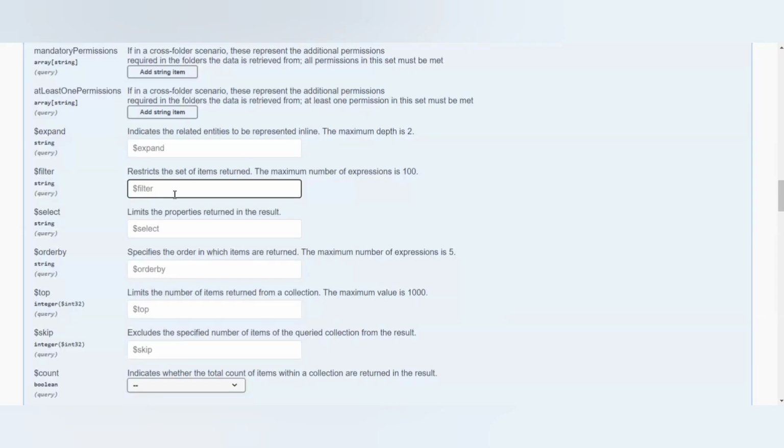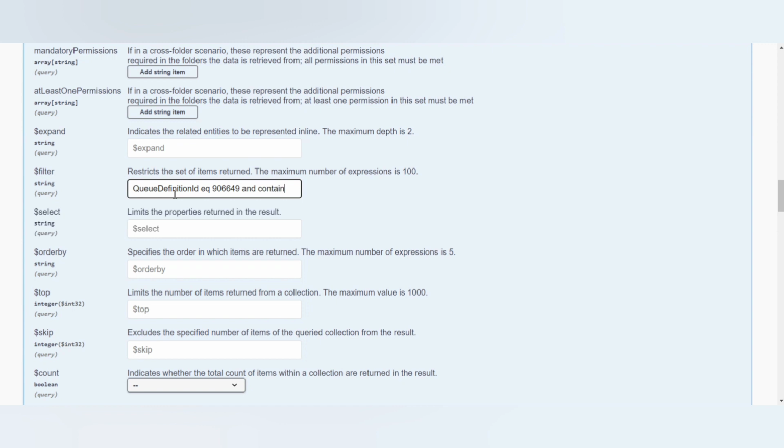So we need to give the queue definition ID equal to that particular queue ID,